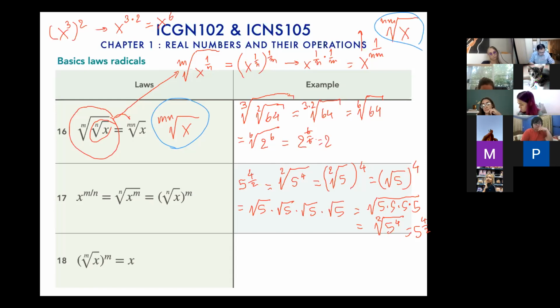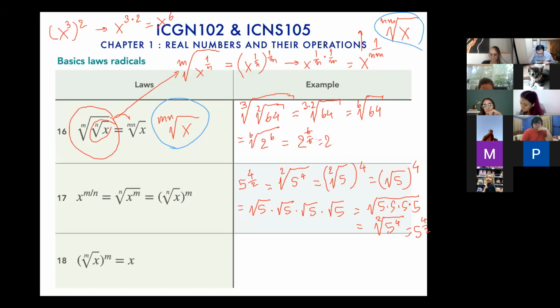let's move on to law number 18. It says that if we have m root of x to the power of m, it's equal to x. We have a couple of ways to prove it. The first way is that if we try to write it down